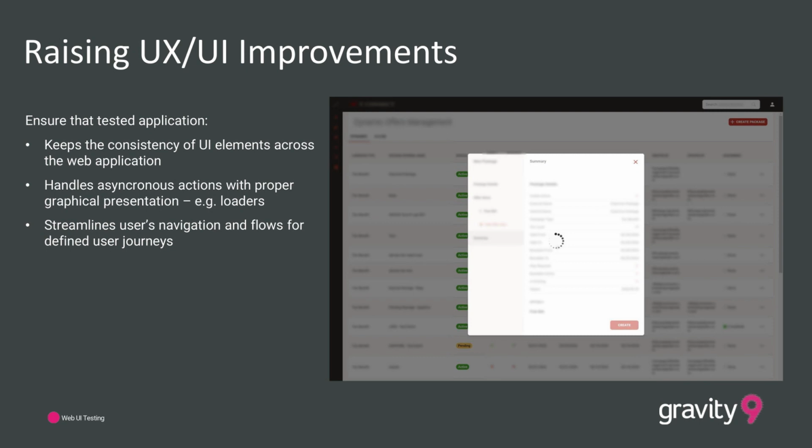So whenever we are testing frontends or so-called UIs, you can encounter many different issues which are not really covered by specifications or designs or acceptance criteria. So I believe this is a great area for QAs to step in and actually take the lead, because if you are a person responsible for the quality of the product that you are working on, it's good to write some user experience or user interface improvements, let's say based on your previous experiences with the application, or maybe other web applications that you had